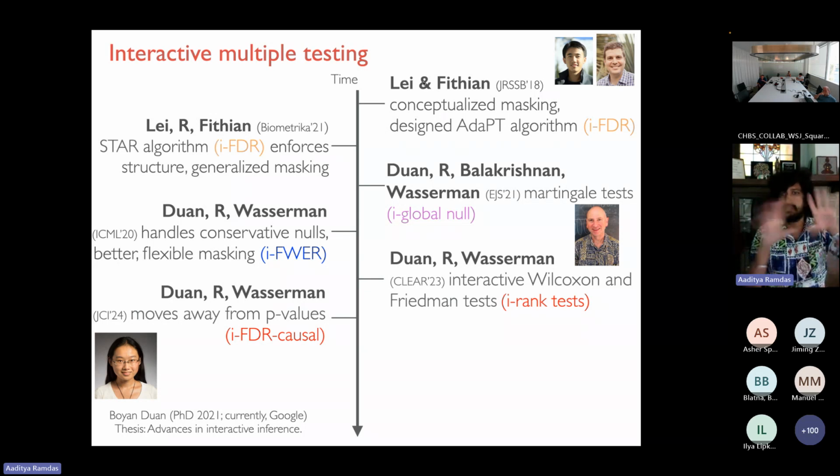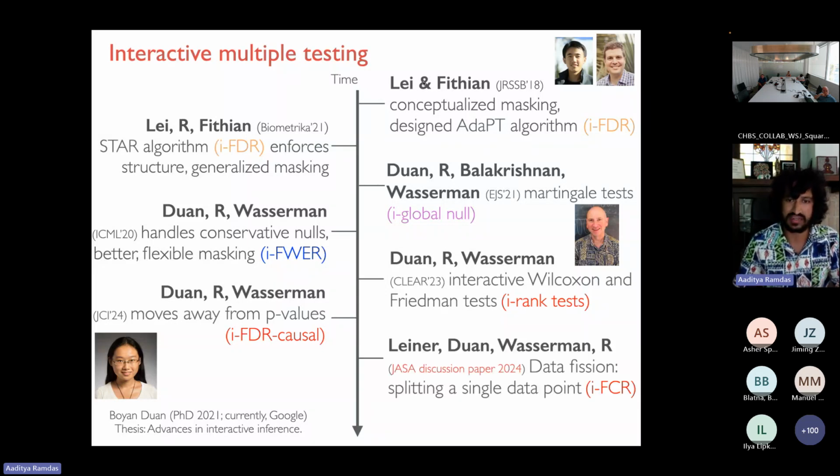Most of these past works were focused on p-values, which were the underlying thing that we were trying to mask. In this talk we'll move away from the setting of p-values, and I'll show how to control the false discovery rate in a causal setup where we don't have p-values and yet have this kind of interactivity.